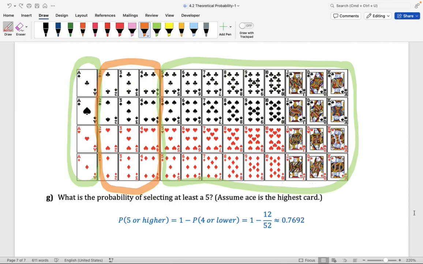So here's the last remark I'm going to make. If you're finding a probability and you're having a hard time counting the possible outcomes in the event space, and if you're wasting a lot of time trying to come up with the list of all those outcomes, then think about the complement. It might be easier to count the outcomes of the complement of A instead of counting the outcomes of A. Okay, so that is going to be the remark that I make. Most of the cases, when we find ourselves having a hard time counting the number of events we have in the event space, we go ahead and think about the complement.